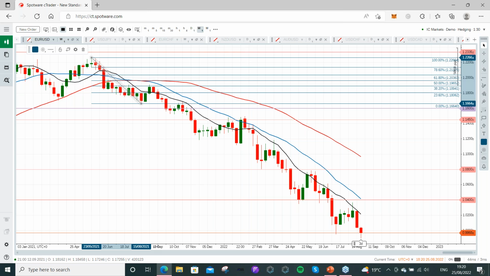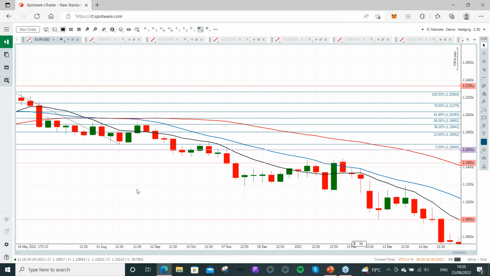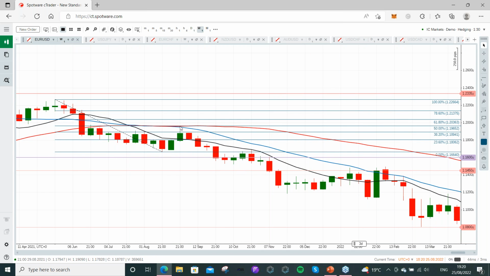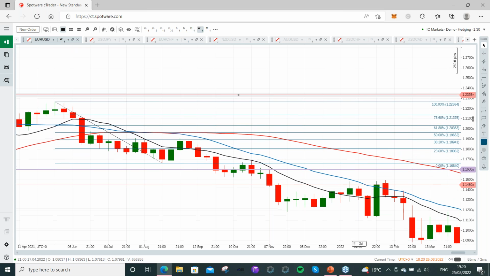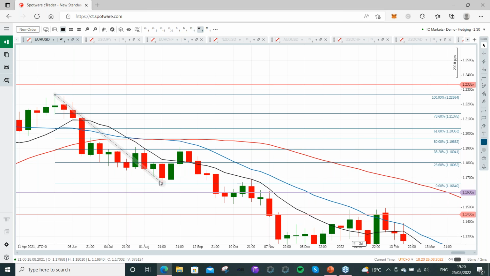One other thing that can be done with Fibonacci, let's just zoom in a little bit here, and this is not something that I do often with my particular strategy, but it can be an option. If price has pulled back to the 38.2% retracement and you're looking for a more accurate entry here, then what you can do is simply place a stop loss behind the next Fibonacci level up. So in this example, it would be behind the 50% Fibonacci level,